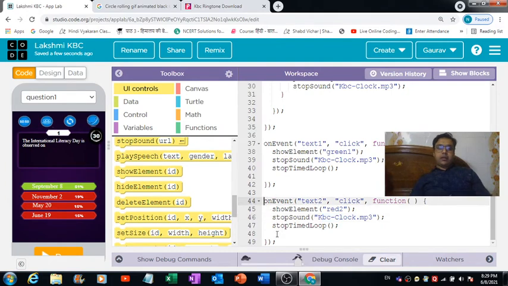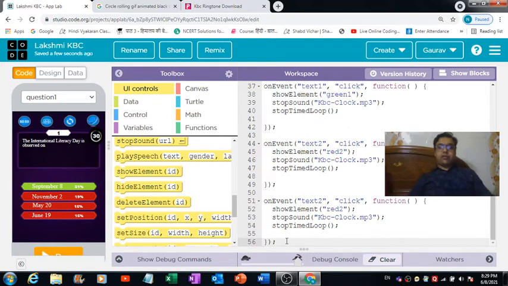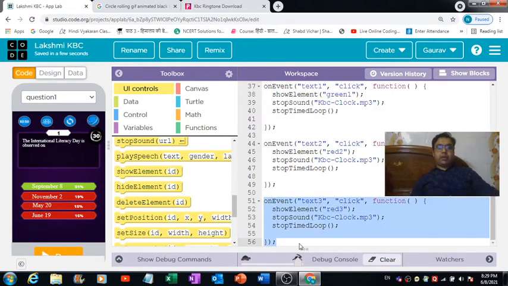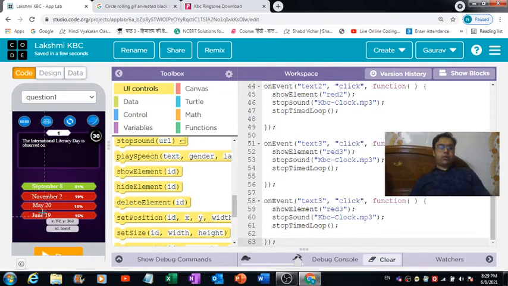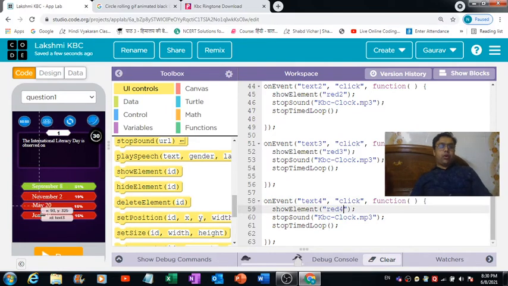Okay, and then we can do the same thing for text 3 also. So we just have to replace this with text 3 and this one with red 3. Same thing we can do for text 4 also, right? Okay, so we are done with defining the code for all these options over here.